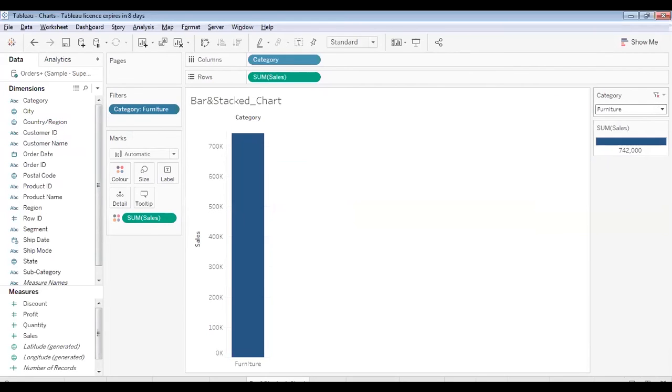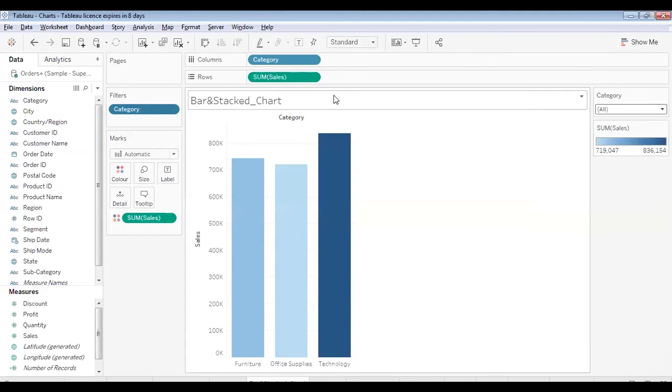Based on my selection of a value for the category column, my data would change. If I say show me the sales for all the products, it shows me the sales for all the products. If I say show me the sales for a particular product, it will show me that. So based on this field, my bar chart visualization will keep changing. In this way, I have created an interactive bar chart using the category filter.